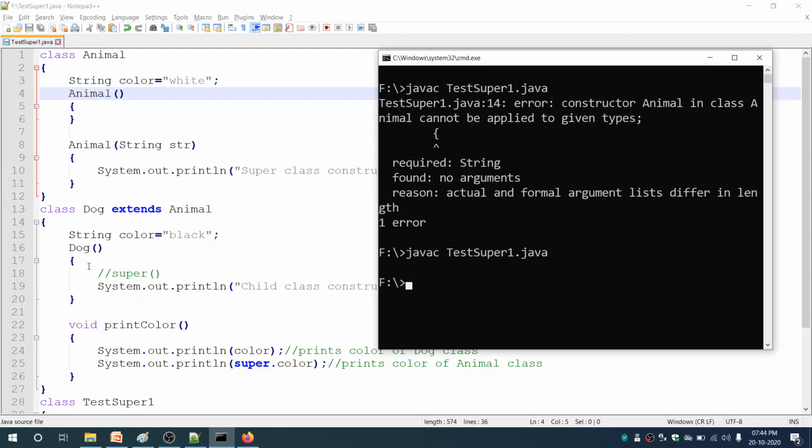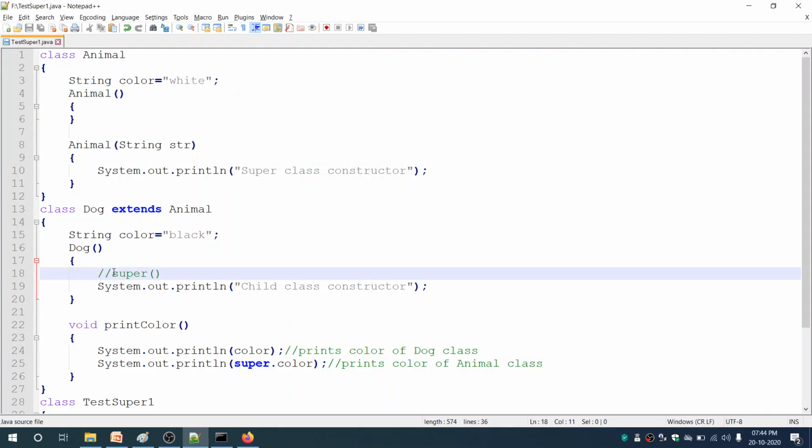From Dog, the compiler automatically adds a super like this, and it calls the superclass constructor, that is Animal, which takes no arguments, and this constructor has no statement, so it will have no effect at all.